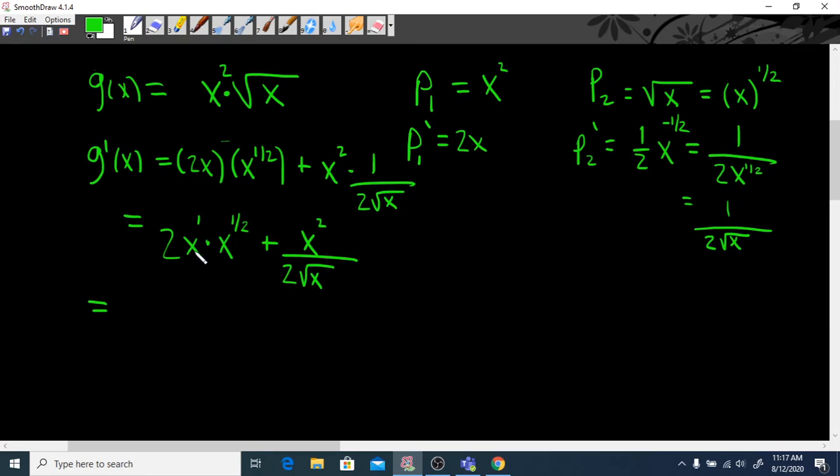Here we're multiplying, the base is the same, the base is x in both cases. So we add the powers. 1 plus 1/2 is 3/2. We get 2x to the power of 3/2